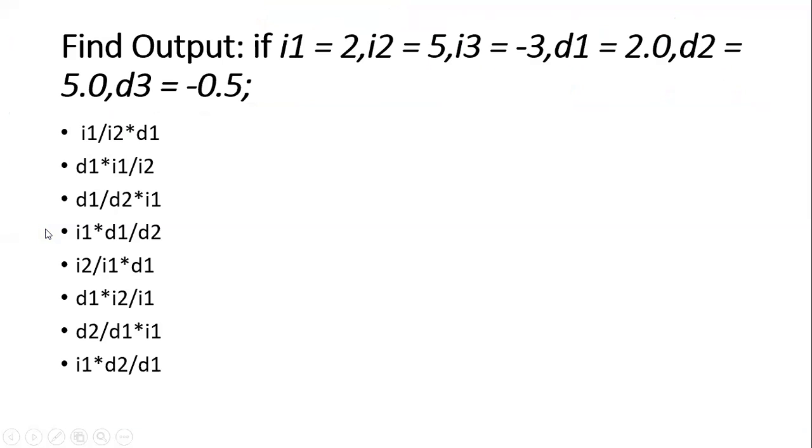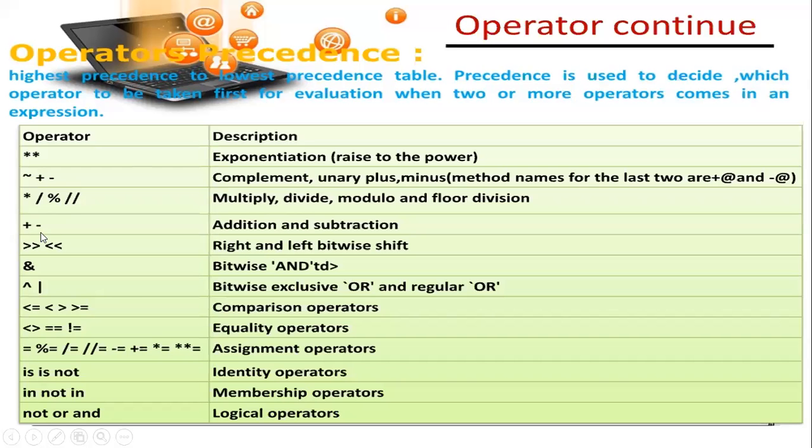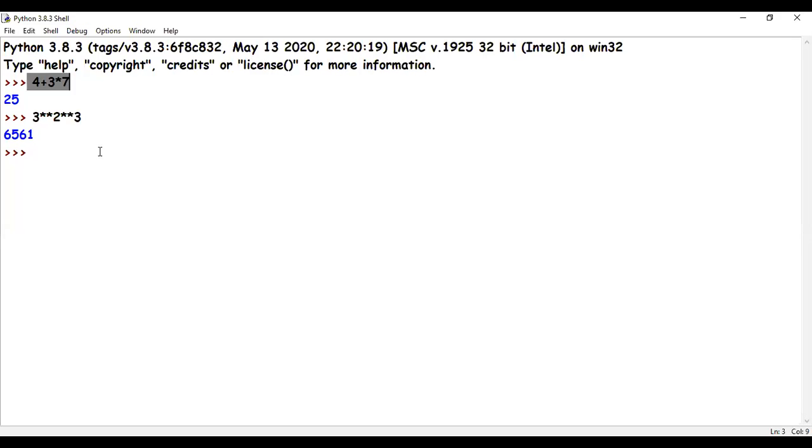something with plus and minus, so that you are able to look at the precedence level correctly. If I have 4 plus 3 minus 2, first 4 plus 3 will take place, that is 7, minus 2, I should get 5. Now let's do 4 minus 3 plus 2. So 4 minus 3 will give me 1, 1 plus 2 will give me 3. Do you get it? So when the precedence level is the same,